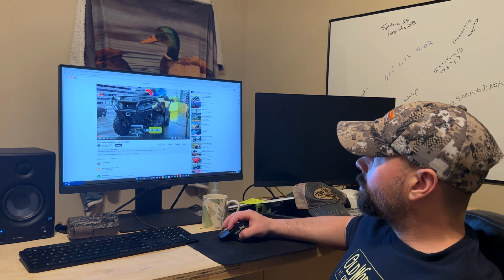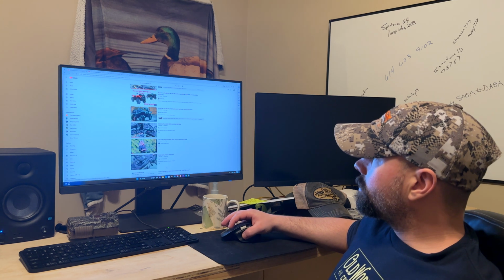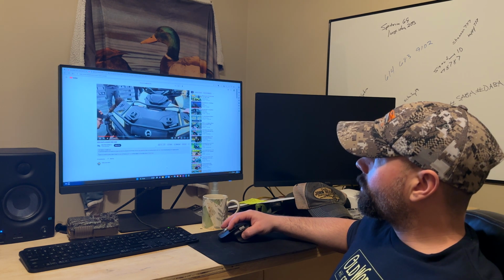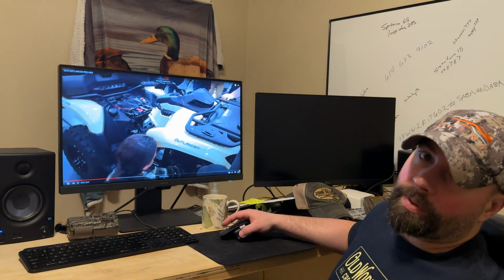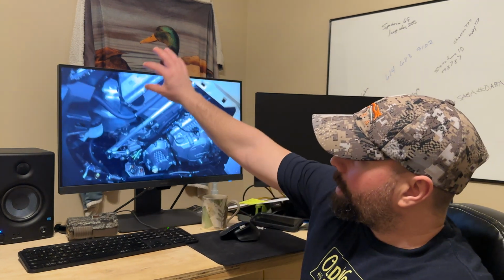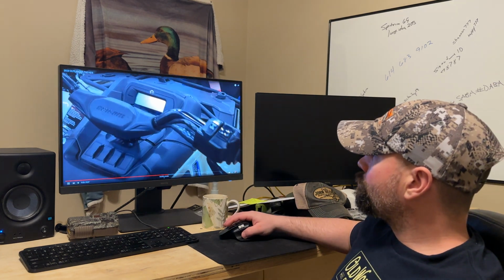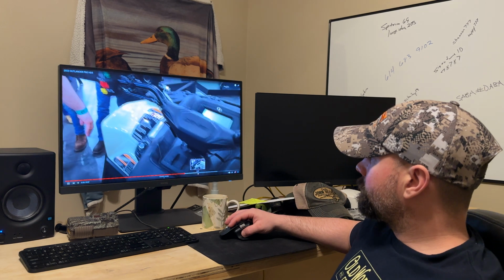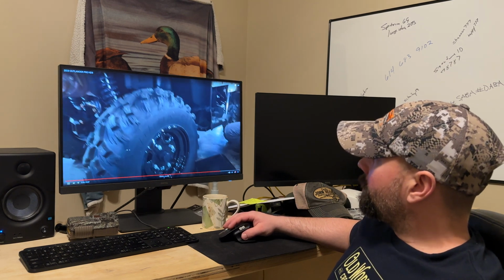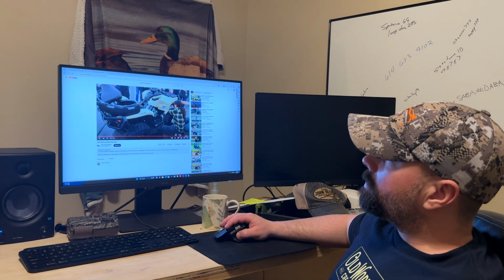Hey guys, welcome back. We are here looking at the new models. Got everybody's people tearing them apart, trying to find out more about them. I can see this, the frame is gusseted, so it may be the same thickness of metal. But anyways, so let's move on to